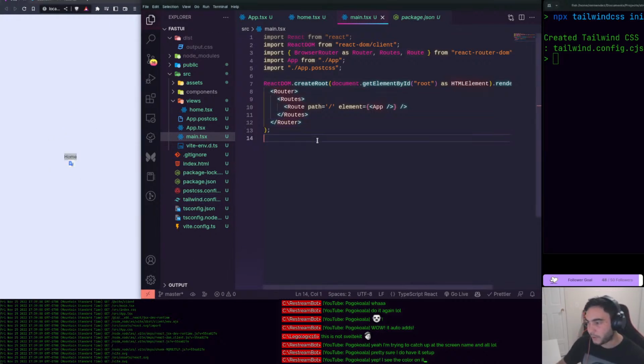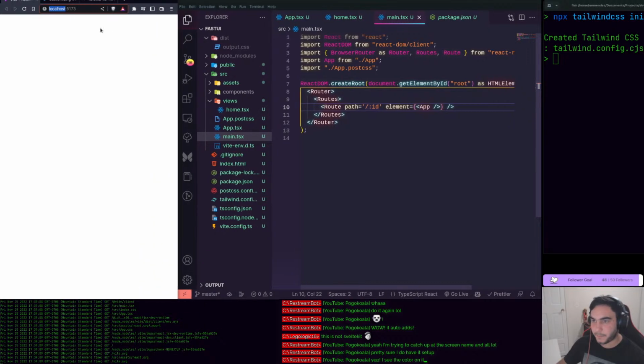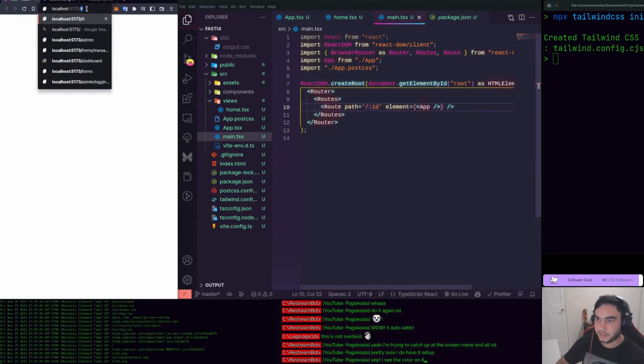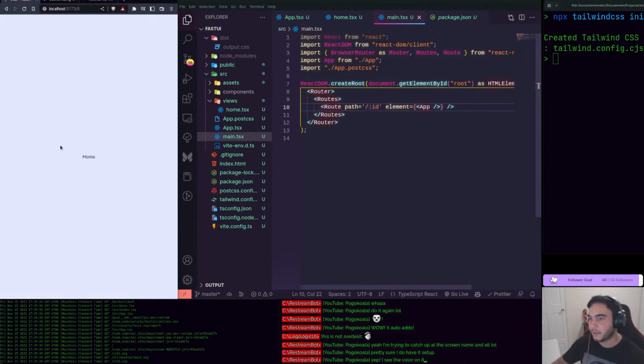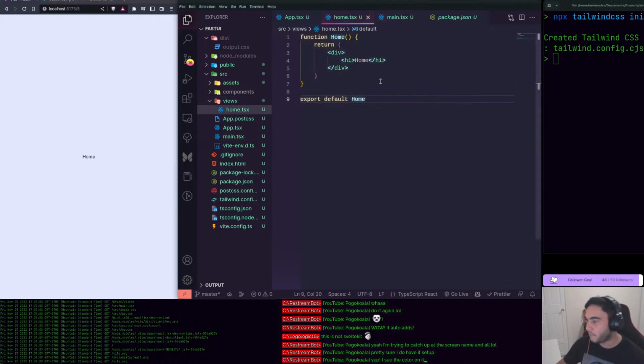Obviously it's still everything working. So this is the router. Here's a list of routes, and here's the route, right? The good thing about this is we can introduce, for example, an ID, right? We can introduce this ID. Let's put an ID 5, right? And in home we can take